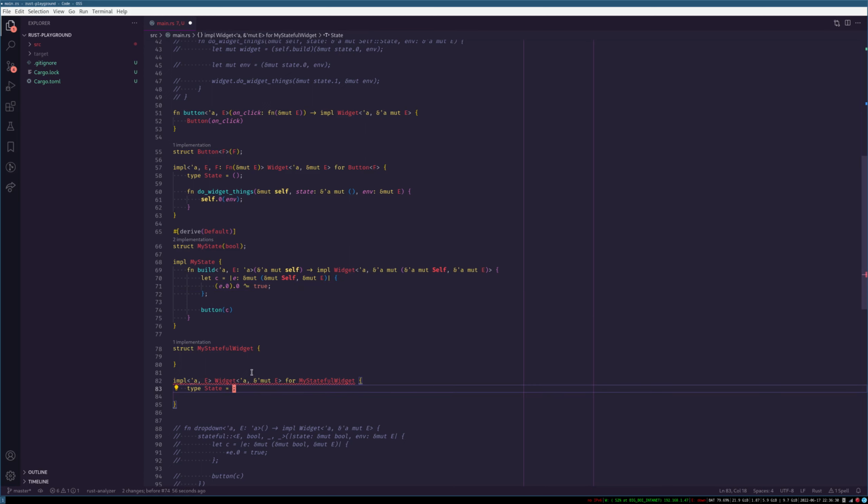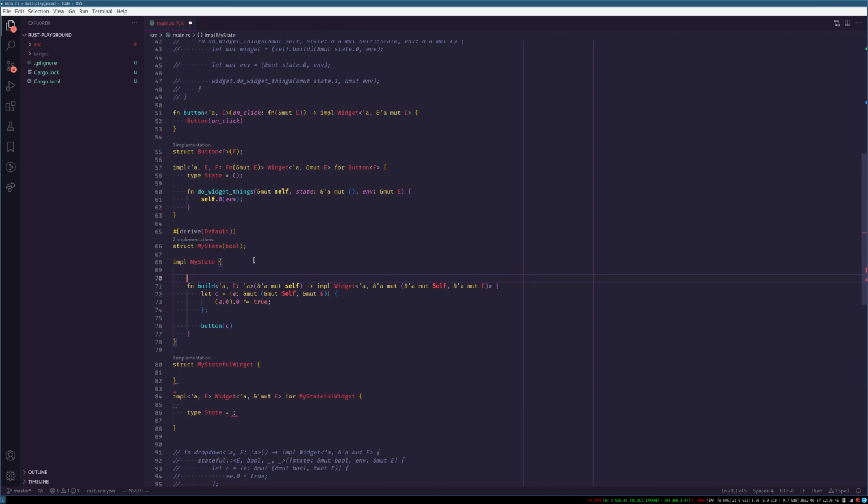Right. So what we need here is, so state needs to be. I guess let's define widget first. Oh no, so first we need it here. Let's go type widget equals impl. I guess for, so this is generic associated types. Impl widget for a and